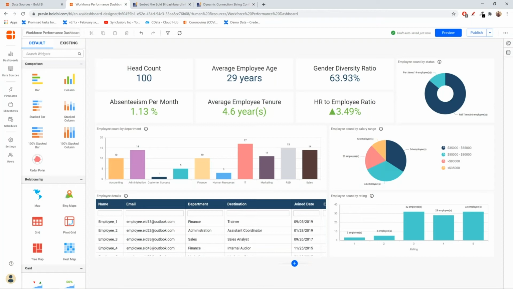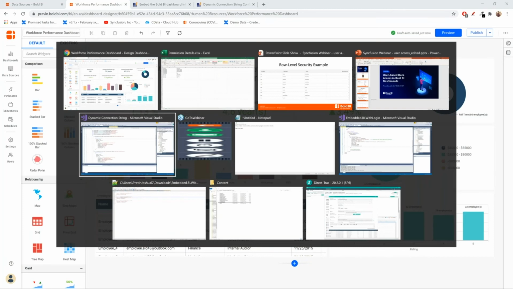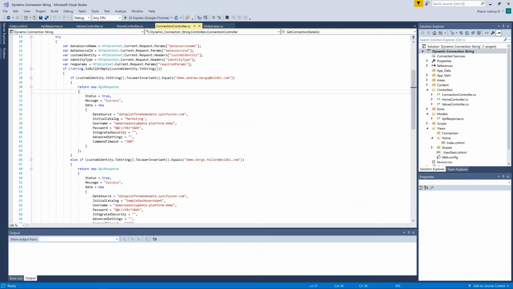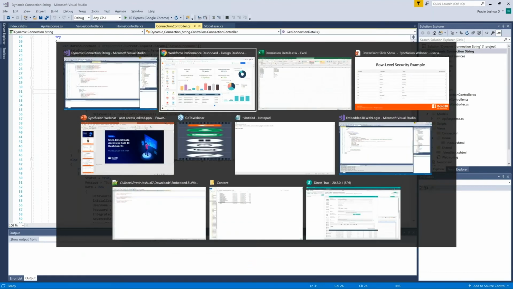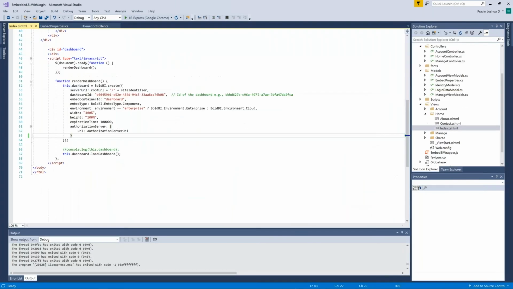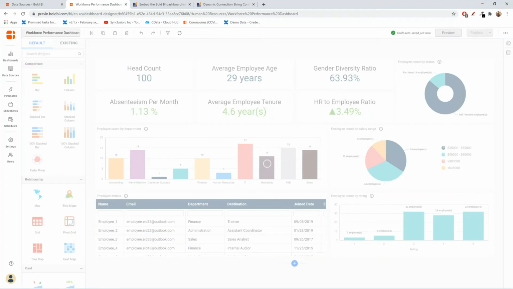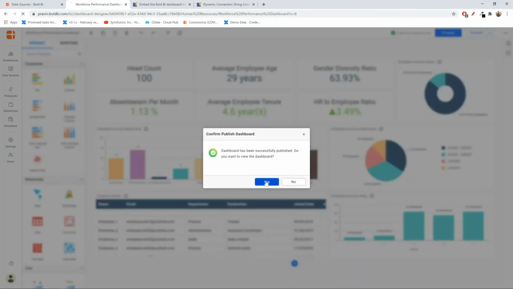So if you have already been using the embedding part of Bolt BI, this is just an overview or a recap. So Bolt BI has two different options for embedding dashboards in applications. First one is the simplest way, using an iframe. So you can just get the link of any dashboard. So when you publish the dashboard, you can just get the link of the dashboard and embed it.